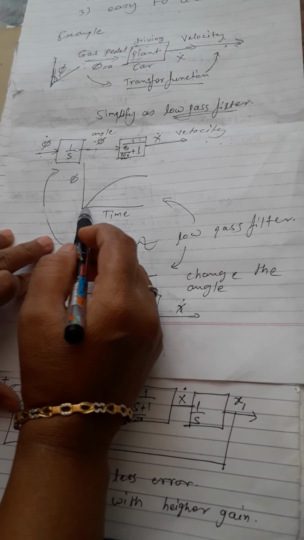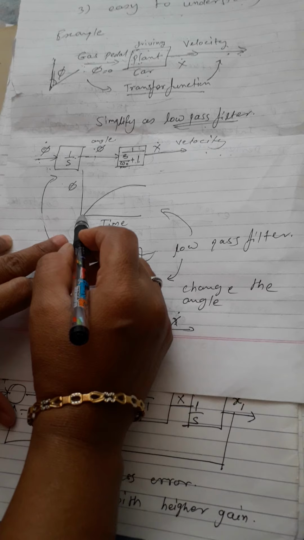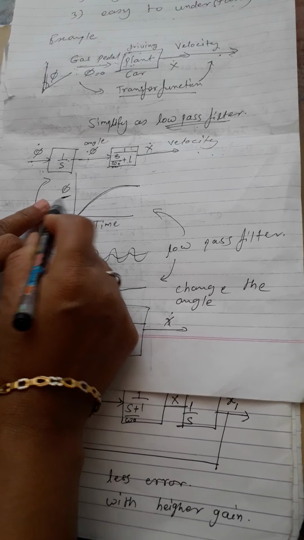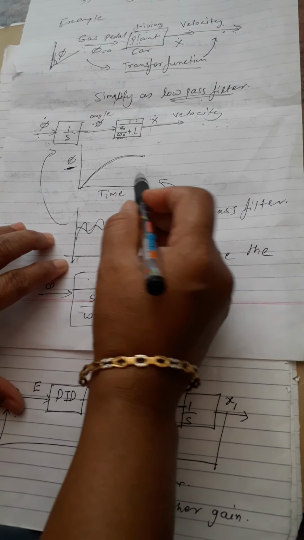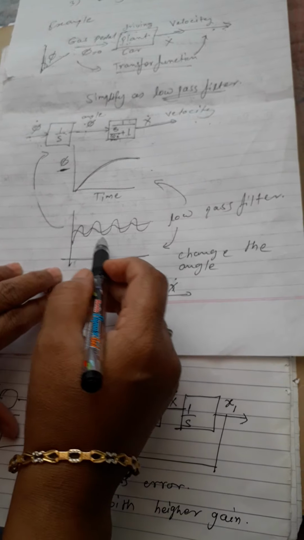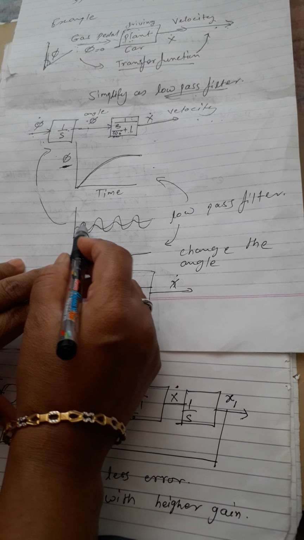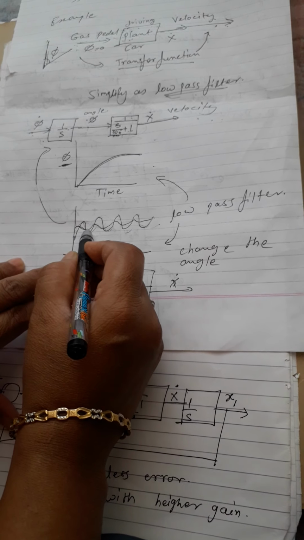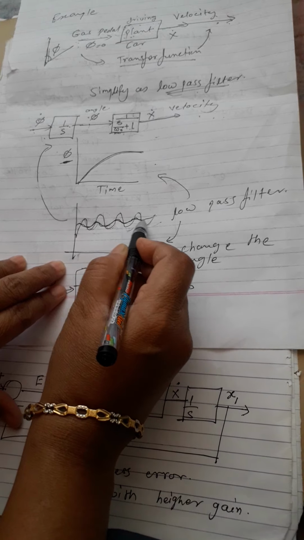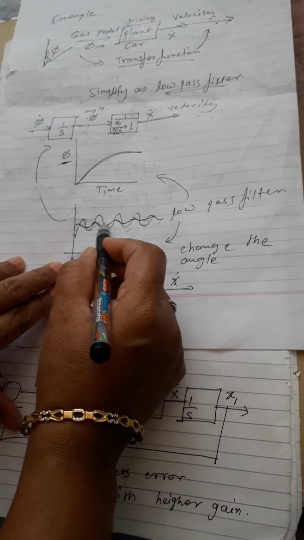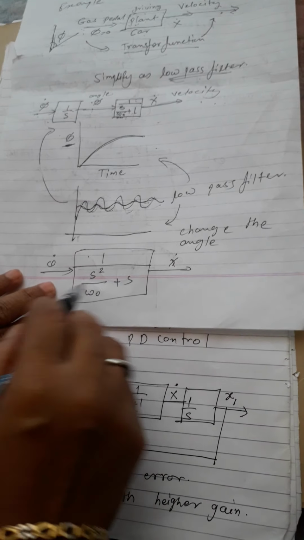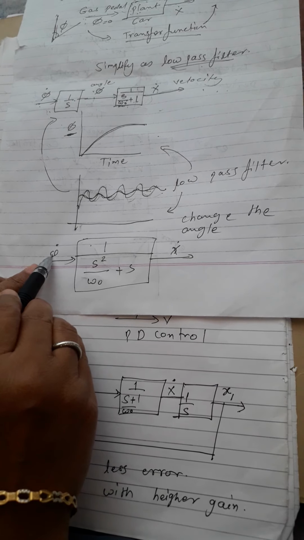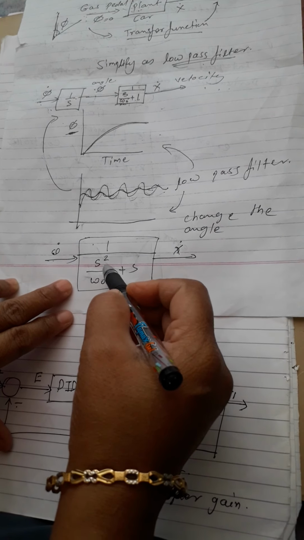So with respect to the graph it is also given. If the car is going smoothly with respect to the gas pedal or angle phi, this condition is a good condition. And with the help of the low pass filter, we are getting the disturbances. In these disturbances our car is going smoothly, with slight disturbances, and it is moving in steady state. So this condition we can use as a gas pedal, in the form of phi upon S square.